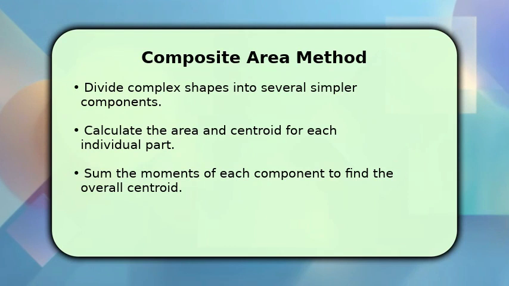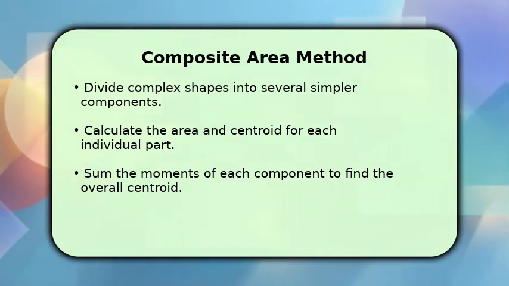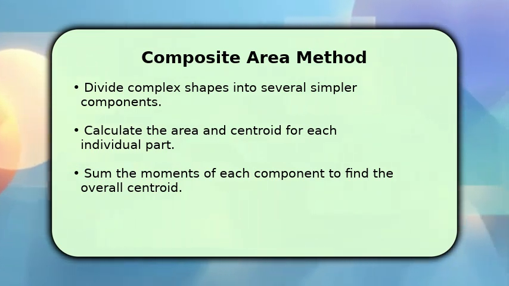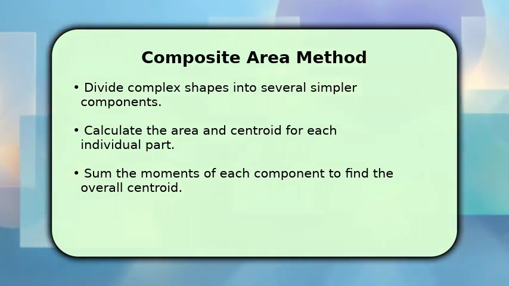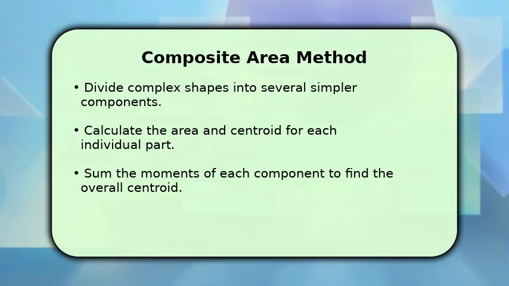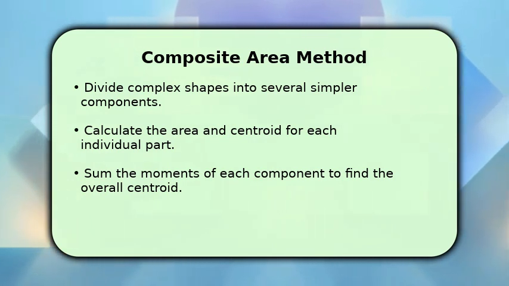When dealing with more complex objects, we use the composite area method. This involves breaking down the intricate shape into several simpler, recognizable components, like rectangles and triangles. For each of these individual parts, you'll calculate its area and locate its centroid. Finally, you'll sum the moments of these individual components to determine the overall center of gravity for the entire complex